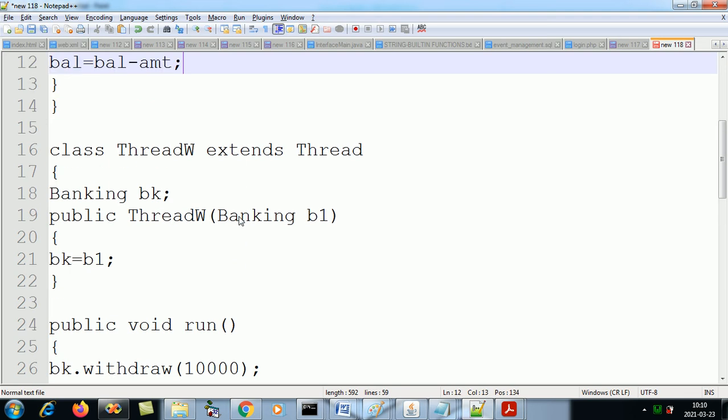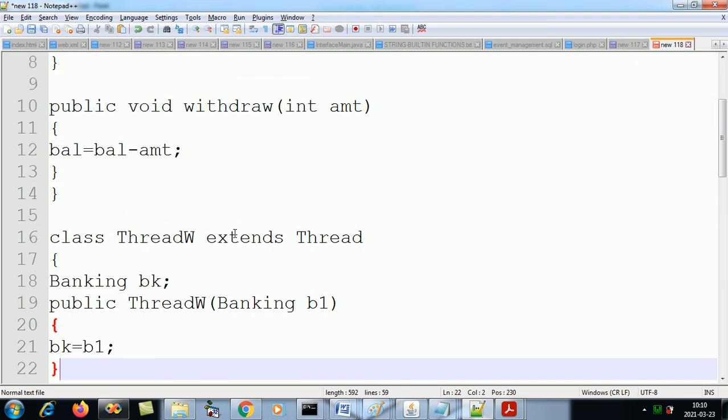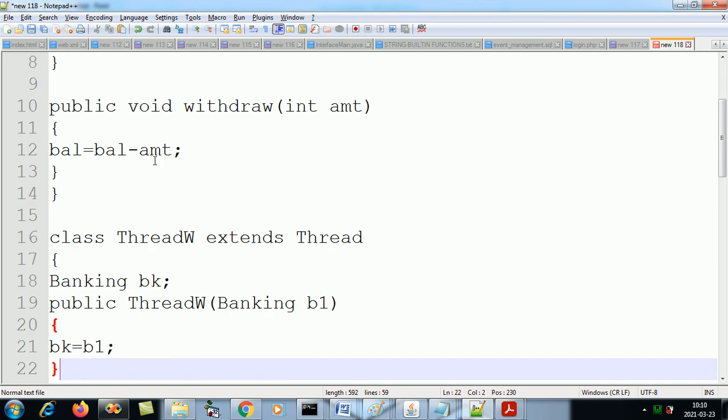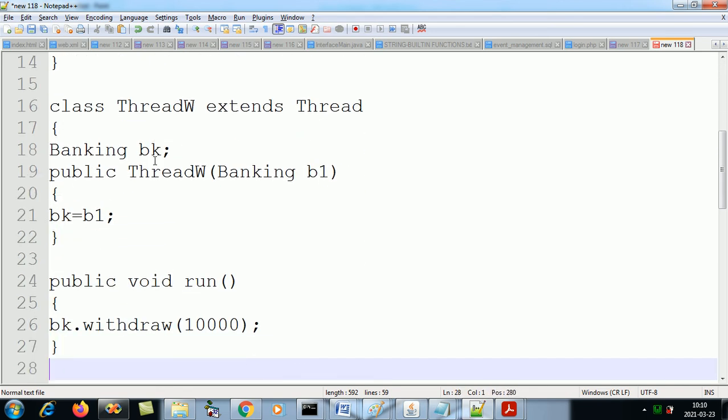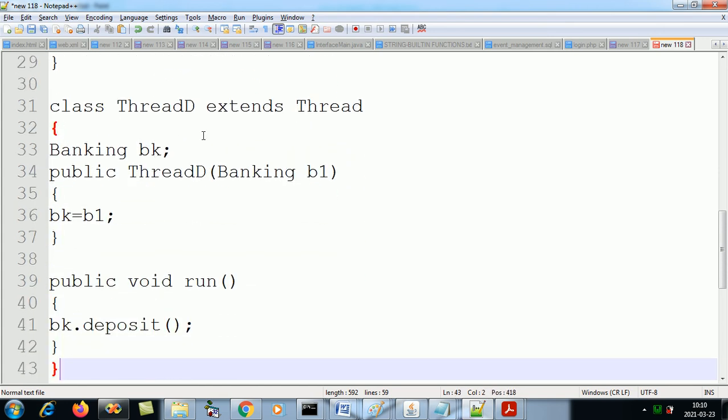And when we call the deposit method, in class Banking with deposit and withdraw, when we are calling the withdraw method with 10,000 and the deposit method, how much are we depositing? We are depositing 50,000, right?